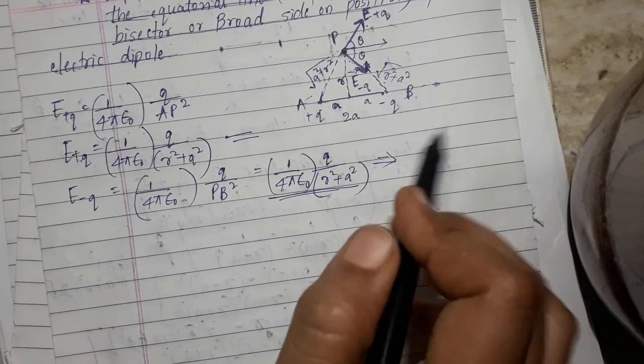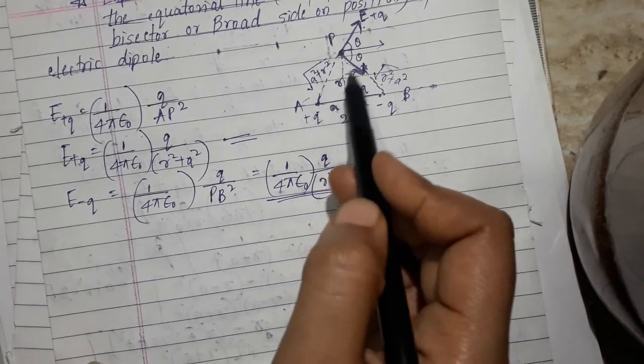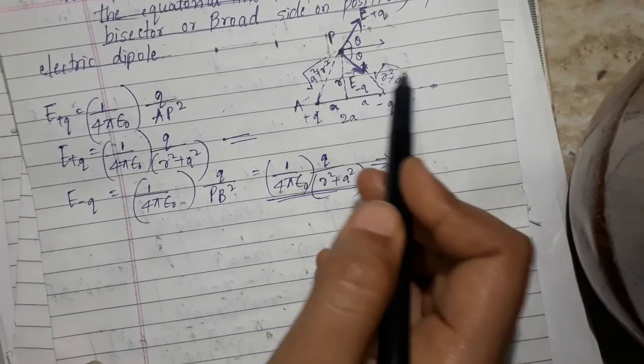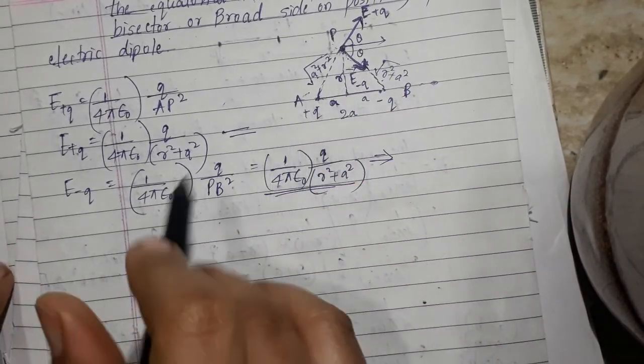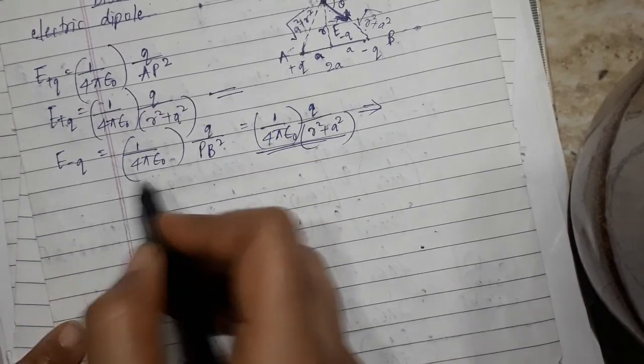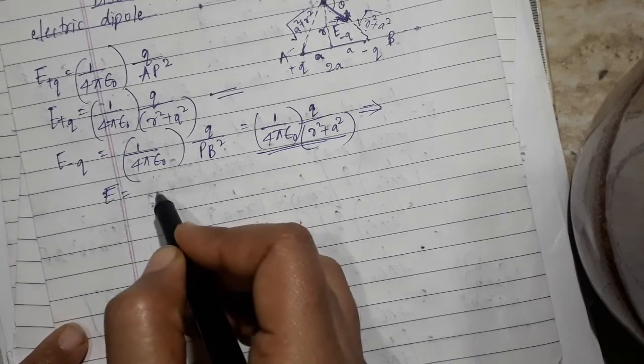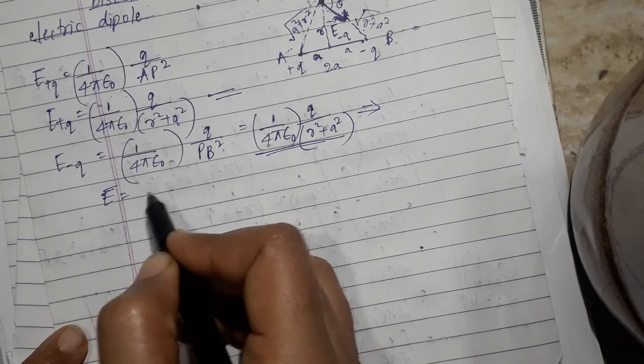These are the same in magnitude but different in direction. Due to the plus q charge, it is in the upward direction, away from that charge, and the other is towards it, so the directions are changed. So the magnitude of E is given by, if the directions are changed in the vectors, we have seen that if two vectors E1 and E2 have different directions, the magnitude can be given by